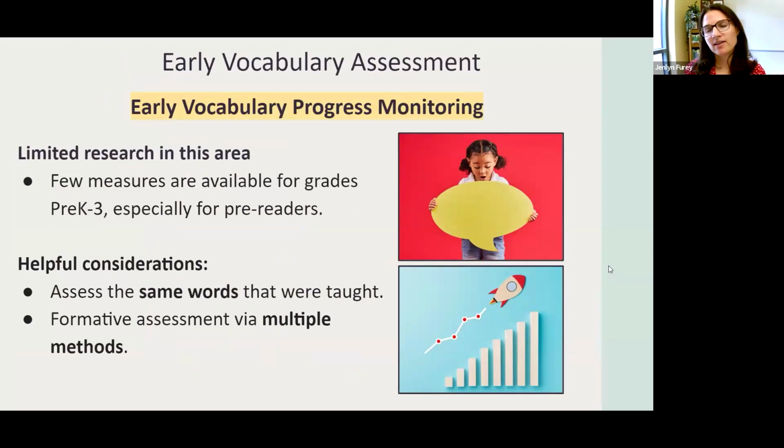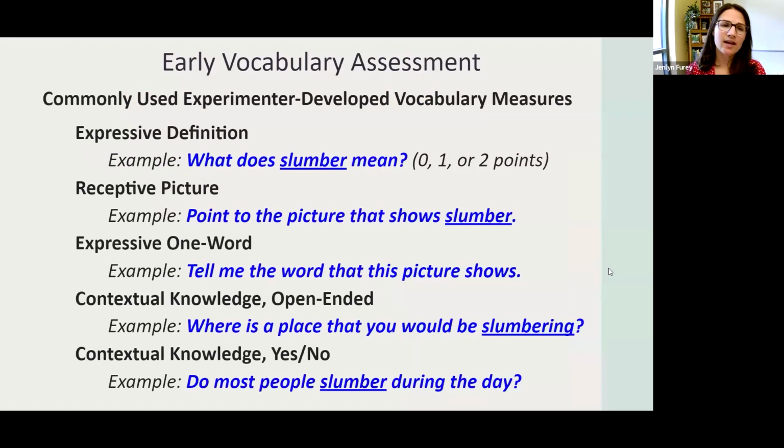So this is an area that does need some more research, but our considerations are that we want to assess the same words that we've taught. And we recommend using formative assessment using multiple methods. So not just one method to see if they've learned a word or not, but multiple. And Susan and I have been reviewing research that's looking at vocabulary intervention to see what researchers are using to